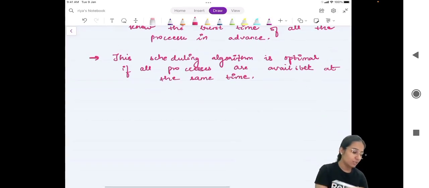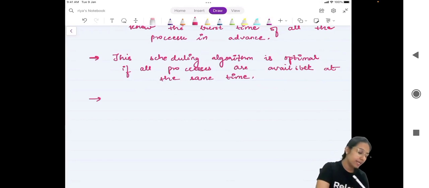Okay, and the last point over here is that this SJF, shortest job first algorithm, can